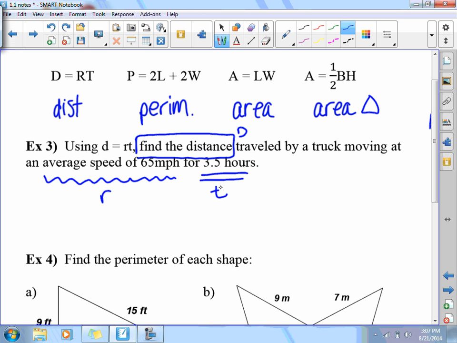So I always like to rewrite the formula, distance equals rate times time. And again, you can put the little dot in there for multiplication if you'd like. Now we're finding the distance, so I'm going to be finding D. I know my rate is 65 miles per hour, so I'm going to substitute 65 in for R. And my time is 3.5 hours, so I'm going to substitute 3.5 in for T. And now I'm going to actually do that calculation, 65 times 3.5. Remember, you can use calculators, so if you don't remember how to do that on your own, it's okay. And we're going to get